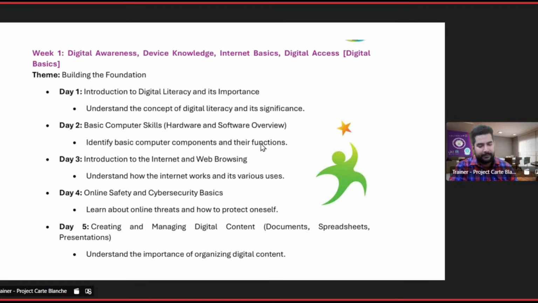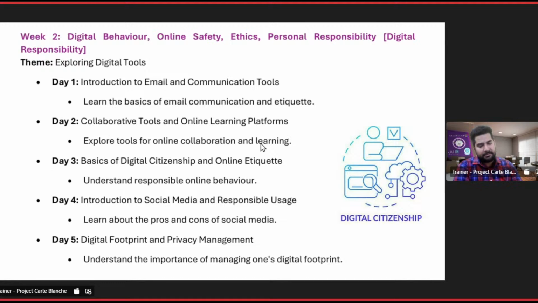So this completes our 2 weeks of session, right? The first week, if we can remember, we discussed why digital literacy is important and some of the foundation topics: computer skills, internet, cyber security, and I hope your concepts are getting built up based on that. Week two, we discussed email, the collaboration tools like Microsoft, and the reasons of digital citizenship, social media, privacy management and digital footprints. I hope it will give you more responsibility before you start using the internet.